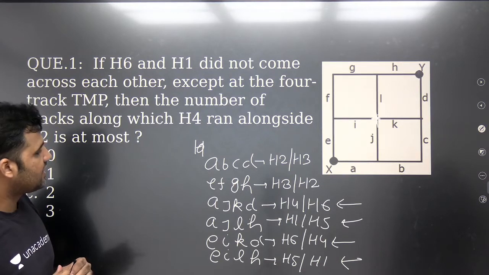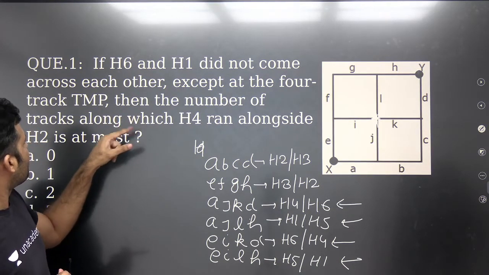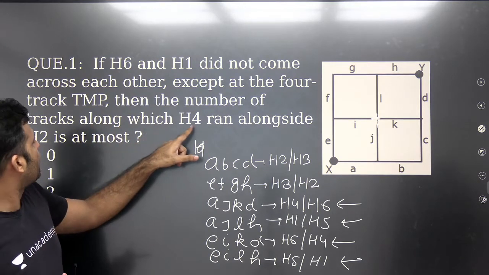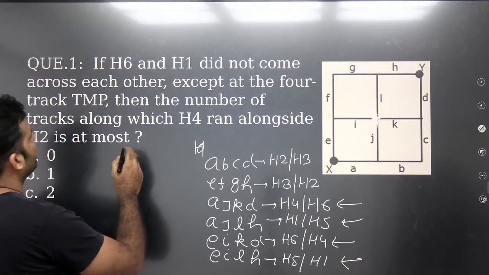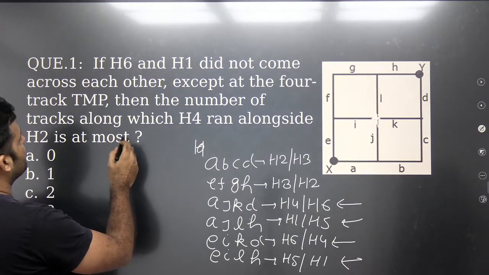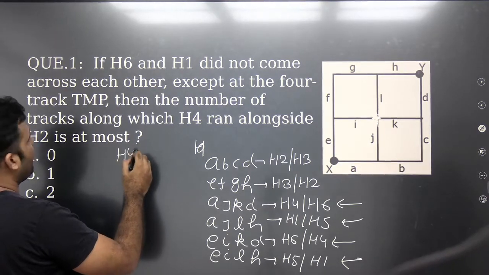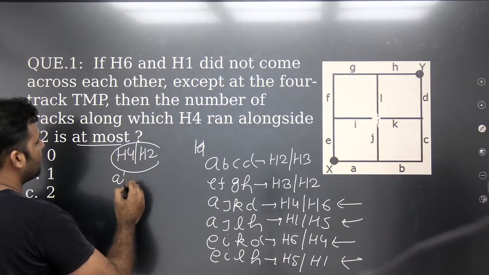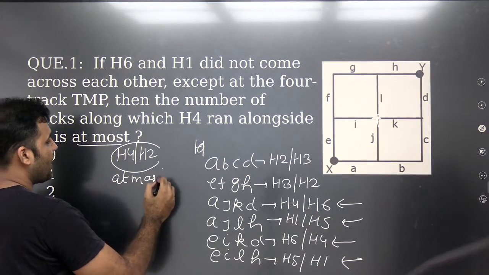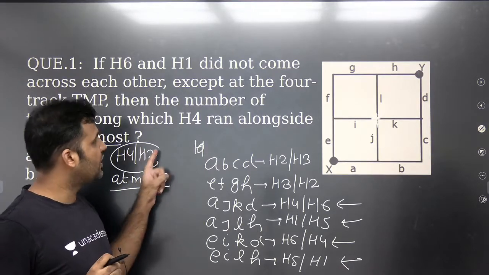This is for H6 and H1. And then the number of tracks along which H4 ran along H2. So we are supposed to find out the number of tracks running along which H4 and H2 are running together, and this has to be the at most value. That means I'm supposed to find out the maximum possible common tracks between H4 and H2 if I need to